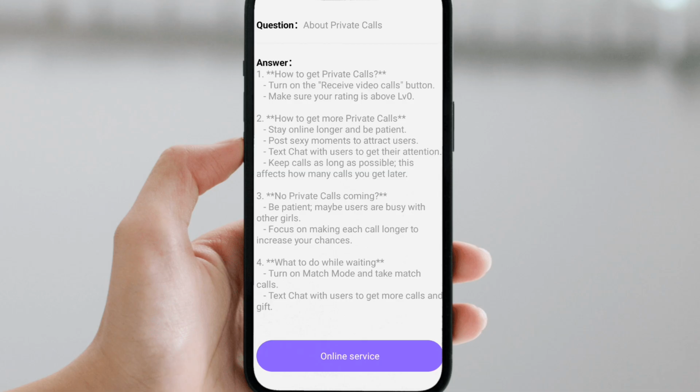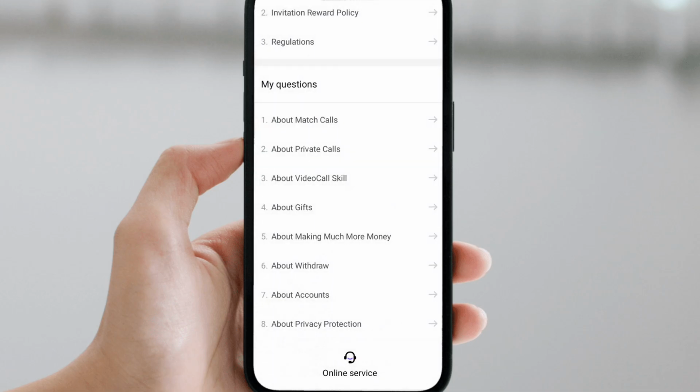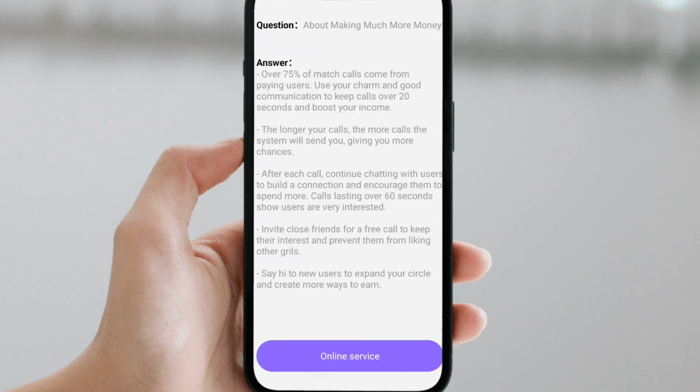Make sure that the call will last for more than 20 seconds. Okay, it's very, very important. If you receive too many calls that are not more than 20 seconds, they might log you out from the app or even ban your account. I know someone that experienced it.